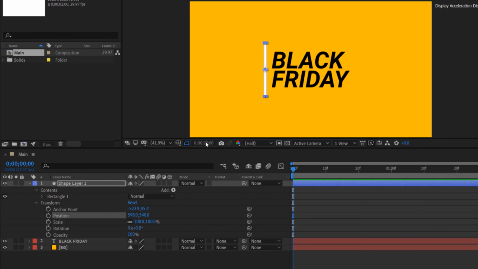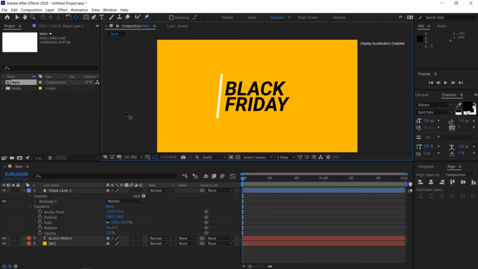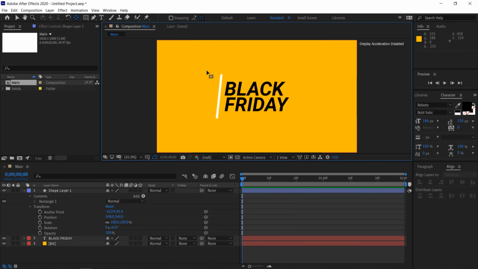Under the rotation, I want to make the line a little bit slanted just to follow the pattern of the text. So I'm going to rotate it at about 6 degrees. As you can see, we now have a slanted line following our text. So everything looks good now. The next thing I'm going to do is